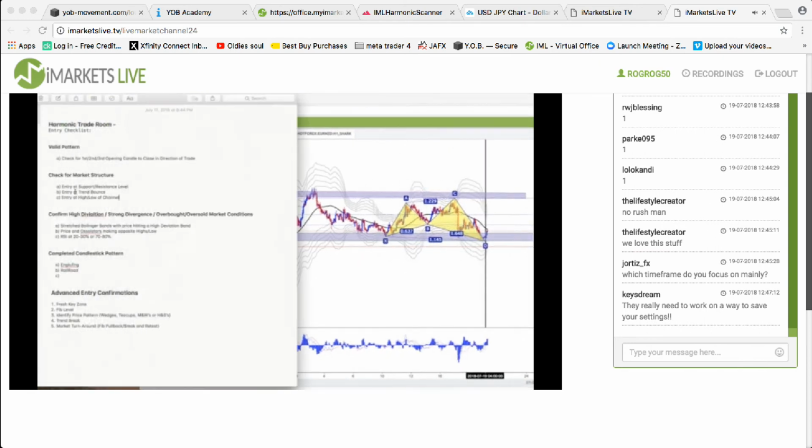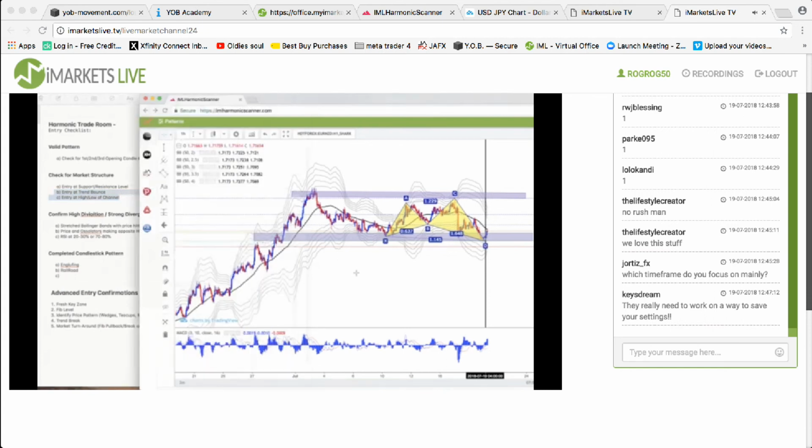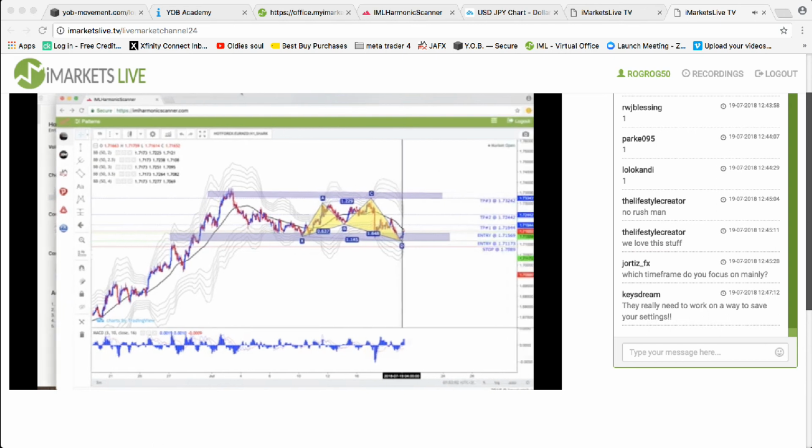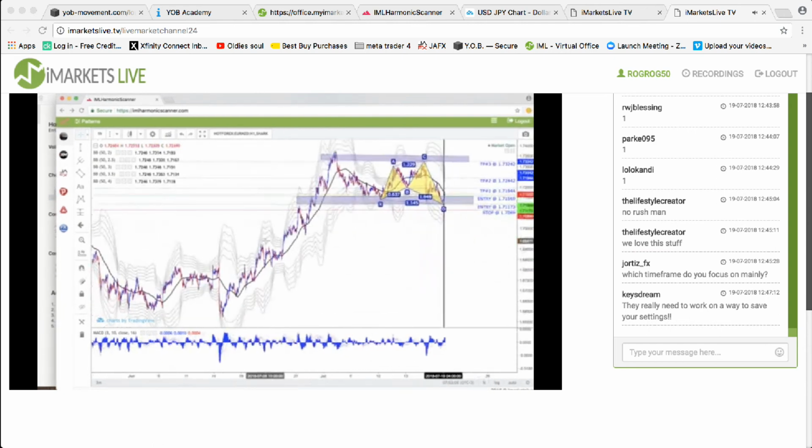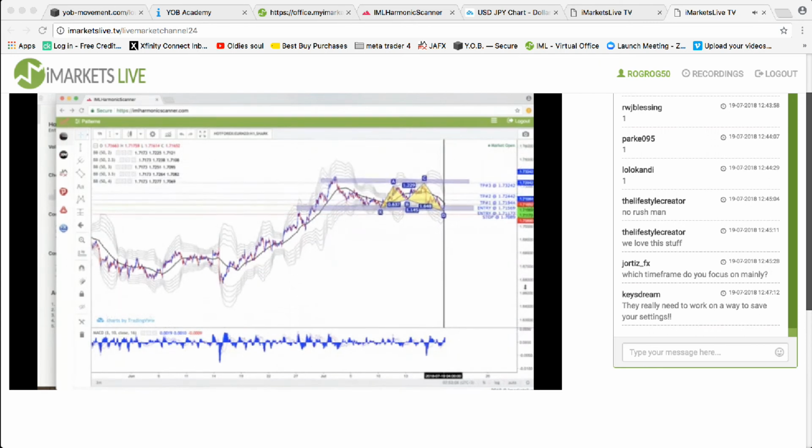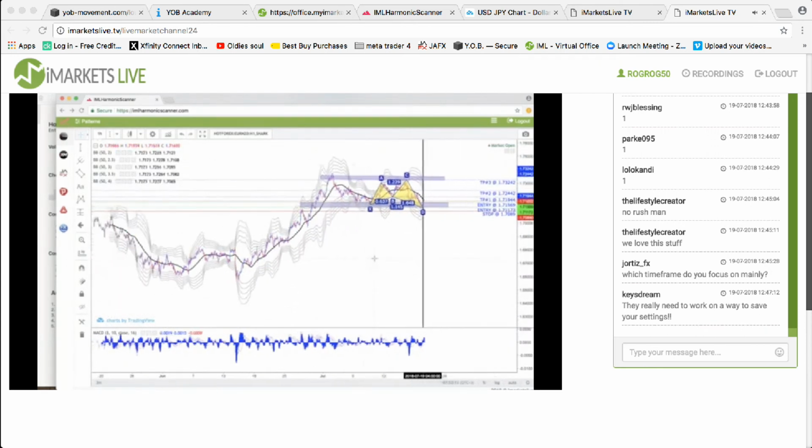Now, what's the next thing I like to see? I usually like to see a trend bounce. Now, you won't always get a trend bounce, and you won't always get the high or low of a channel. But if you do, that creates very good confluence in the market, meaning,